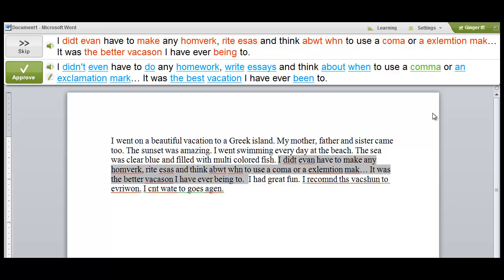The student can click on the speaker icons next to both the original sentence and the corrected sentence and listen to each and compare them. Ginger highlights the word as it is read aloud, providing auditory feedback and enabling the association of the sound with